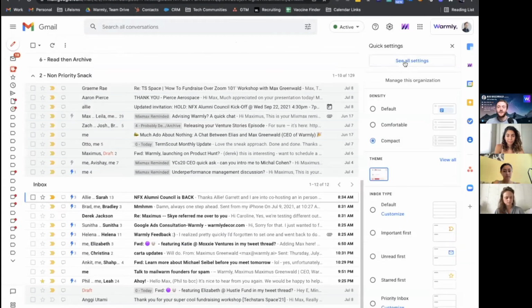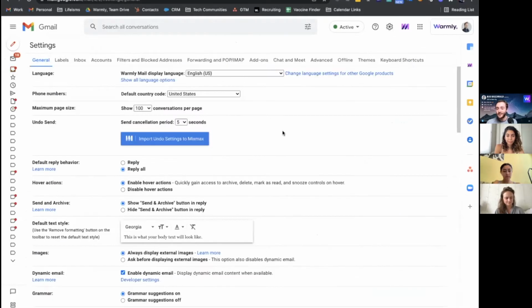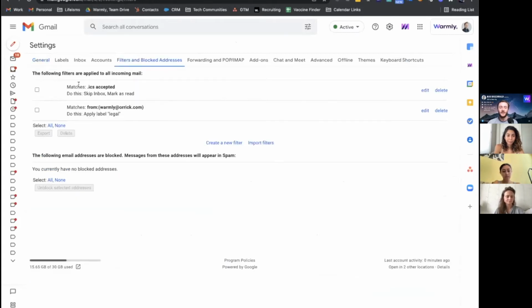Oh yeah. So one of the things I do a lot is I have a lot of calendar events, meaning I'm sure you guys too, you have a lot of Zoom meetings, whatever. I have a very subtle but very important filter to reduce the number of emails that I get, which is if you filter out for .ics accepted, you will not get emails when people accept your calendar invites. I assume that everyone's going to accept my calendar invite with a yes. You only care about knowing that they're not coming to your calendar event with a decline. And so it's very subtle, but I probably send 30 calendar invites a day. And if you send an email to 30 people and you get 30 accepts, that's a waste of time.